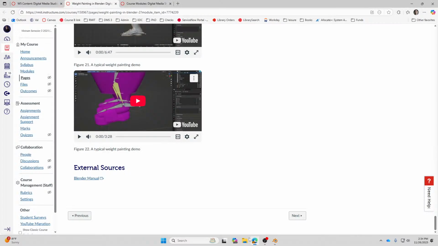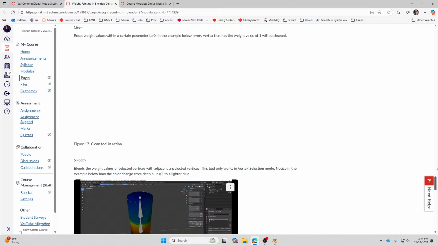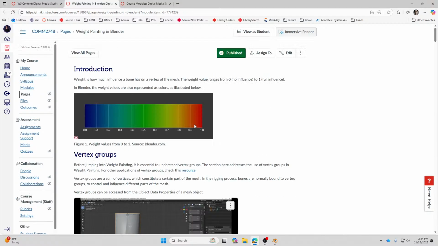But before that, I will explain a little bit of concept. At the beginning, you just need to understand what is weight painting and what this color represents. Weight painting in simple English is the process of assigning which bone is going to control which part of the body or which part of the geometry. In weight painting, it doesn't work on edges or faces, which are the two other selections in Blender.